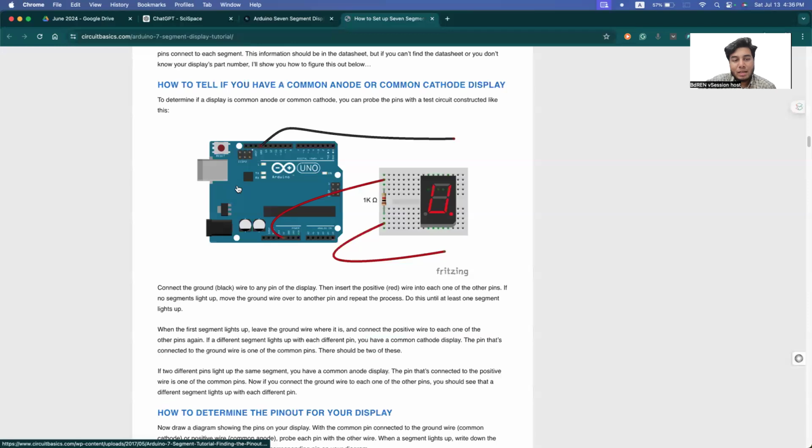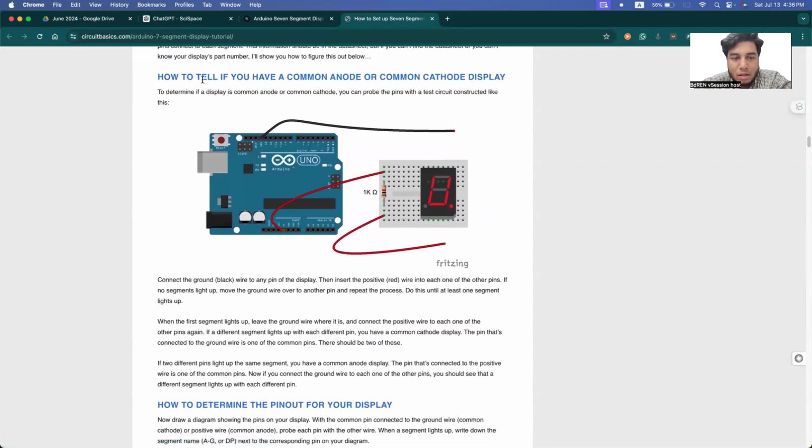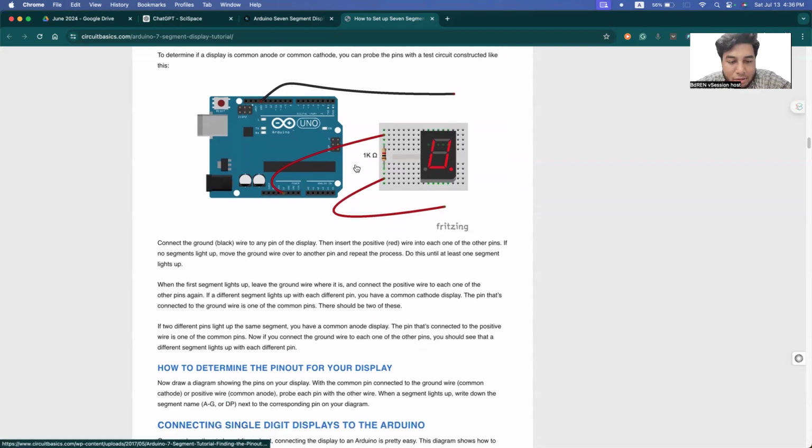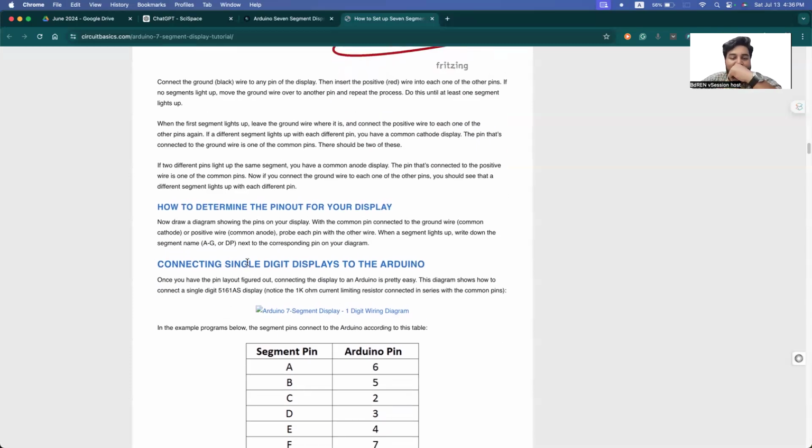Now you have to understand how to tell if you have a common anode or common cathode display, because whenever you get a display in your hand, you have to find out whether it is a common anode or common cathode. That's the practical stuff. To determine if a display is common anode or common cathode, you probe the pins with a test circuit. There will be a test circuit with a common ground, black, and so on, with plus and minus. So if two different pins light up,